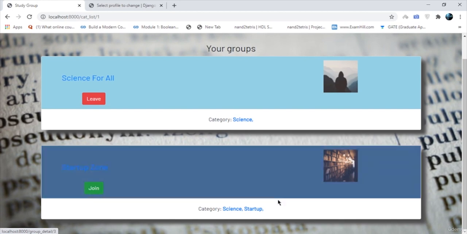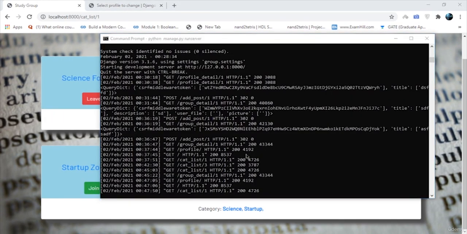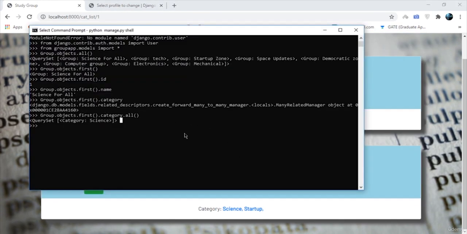Okay, this startup zone has this. So I'm going to query based on the startup zone. I think its id is equal to 3. Get id equal to 3. Yeah, okay, so this has multiple categories. That's why I am rendering it in the HTML. So while rendering